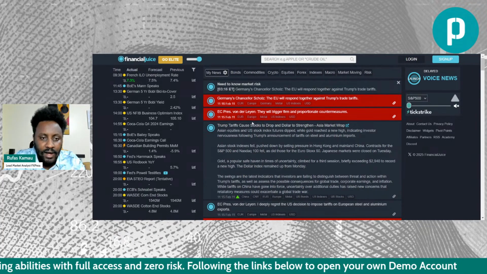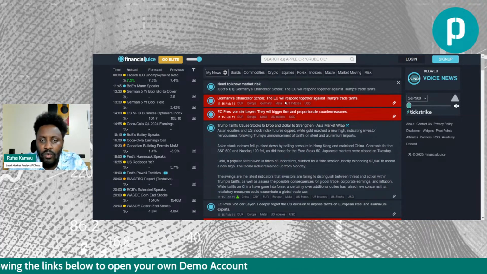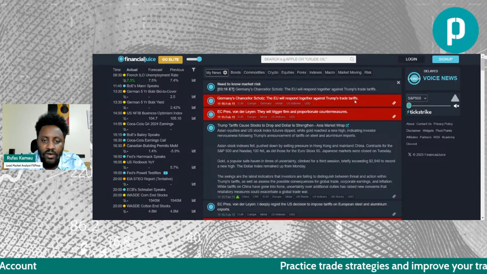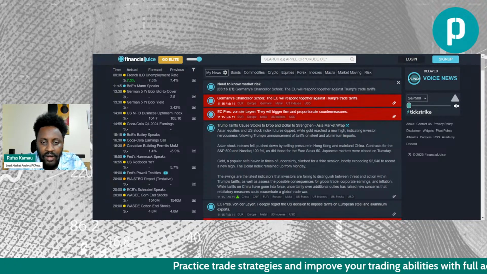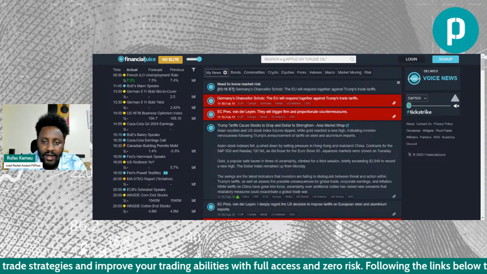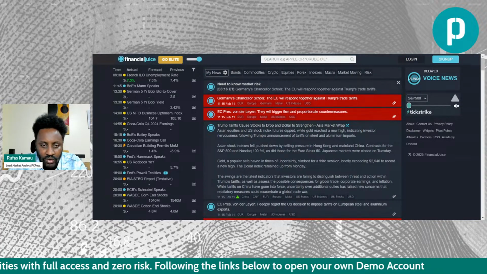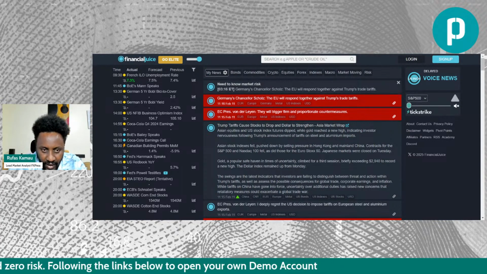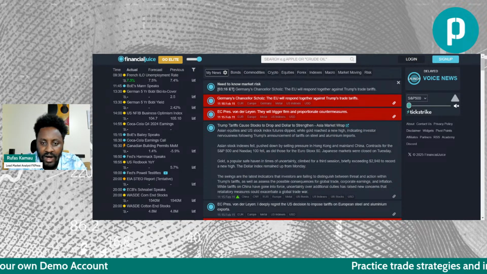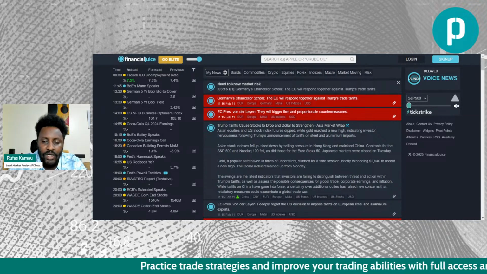So, of course, there is the issue of Germany's Chancellor Scholz. She basically threatened and said that the EU will respond together against Trump trade tariffs. So there have been fears of the US implementing tariffs on the Eurozone. And if this happens, the Eurozone is threatening to act together to impose corresponding tariffs against the US. So for Eurozone President von der Leyen, they will trigger firm and proportionate countermeasures if the US decides to impose tariffs on